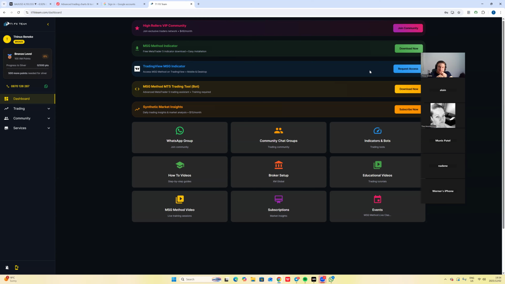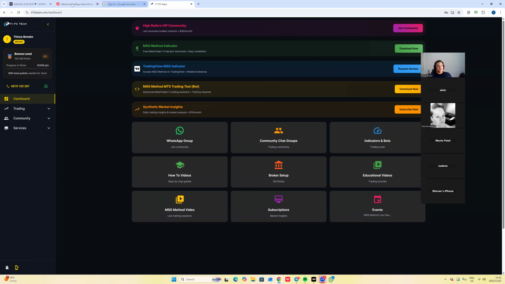You need to be under us by XM, and you need to have opened a trade on your MT5 account before they can approve your request. Then you can request access.